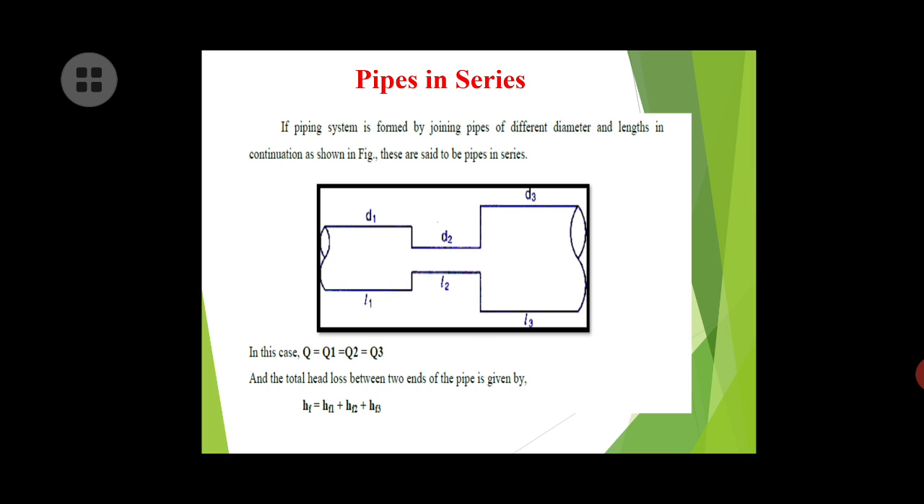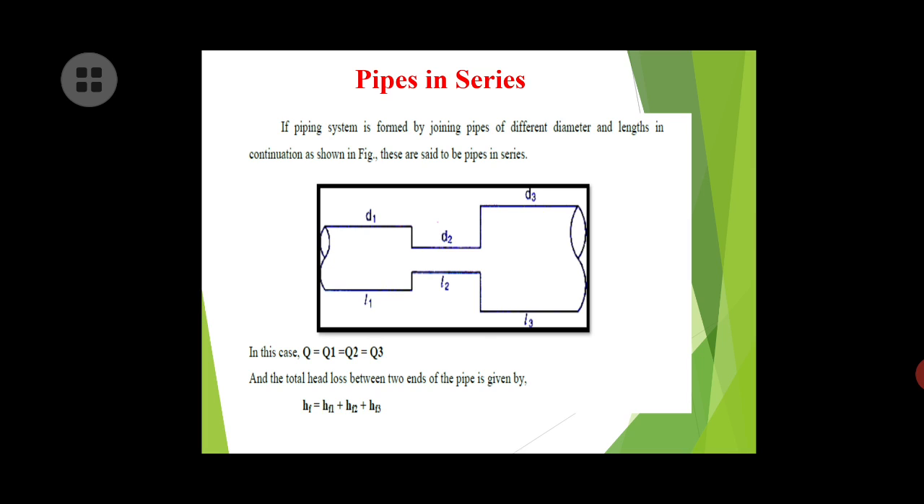Major loss HF1 is 4FLV square upon 2gD, plus 4F2L2 V2 square upon 2gD, plus 4F3L3 V3 square upon 2gD. Minor losses are entrance loss, contraction loss, expansion loss and exit loss. So HL is equal to 0.5 V square upon 2g plus 0.5 V2 square upon 2g, V2 minus V3 square upon 2g, and add